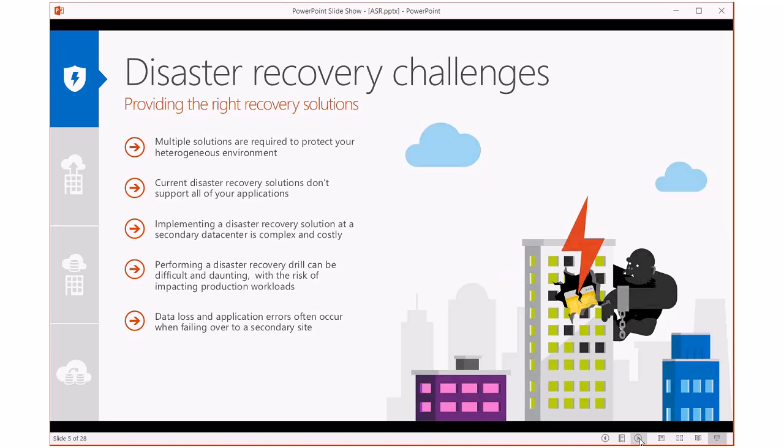All right. So when we talk about those challenges, obviously a lot of disparate systems might be one of them, right? You have multiple solutions, and each one requires its own type of solution to manage. If it's hardware, you have to replace hardware. If it's software, that application's data has to be backed up.